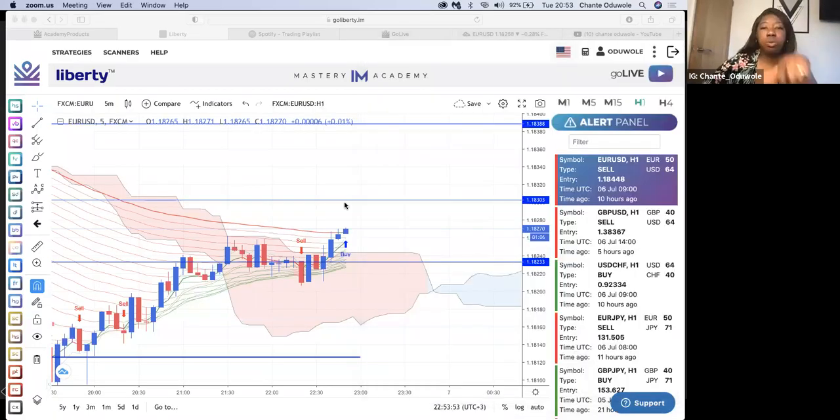As I've just shown, for example, this one that we're looking at, this EUR, can you see my screen? I don't know if I'm still sharing. I'm not sharing screen, am I? No. So this EUR